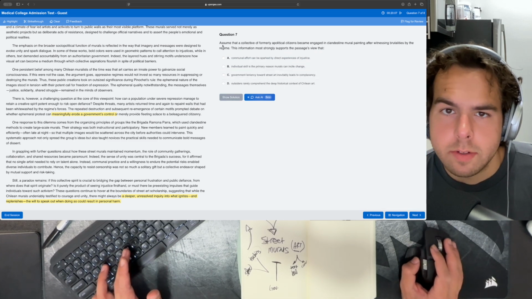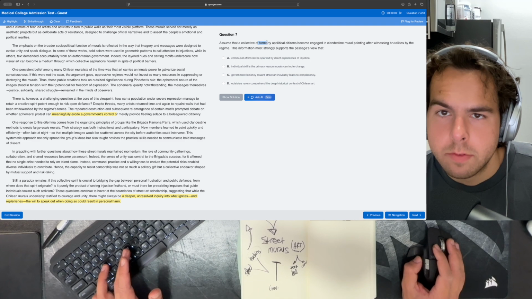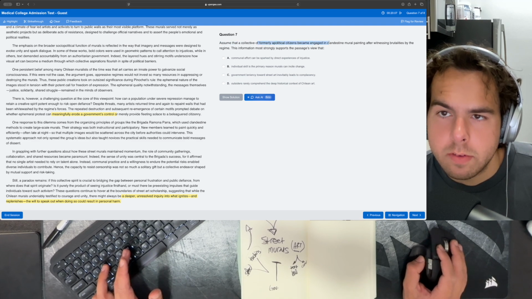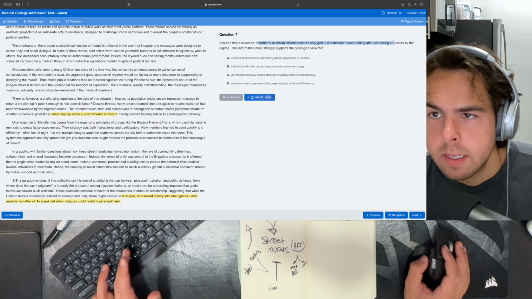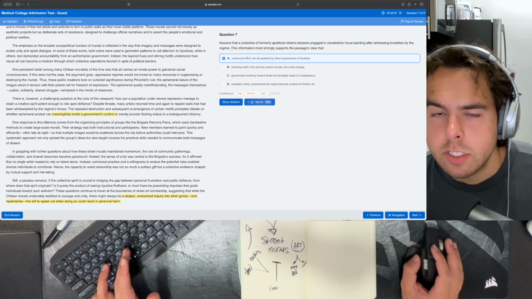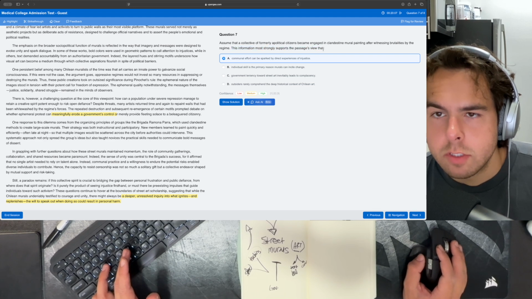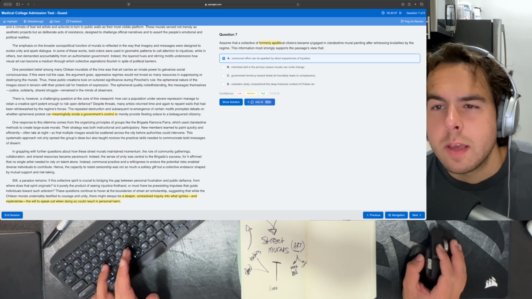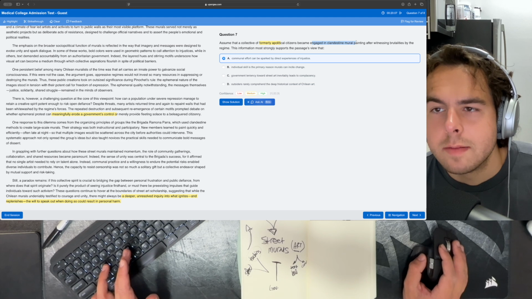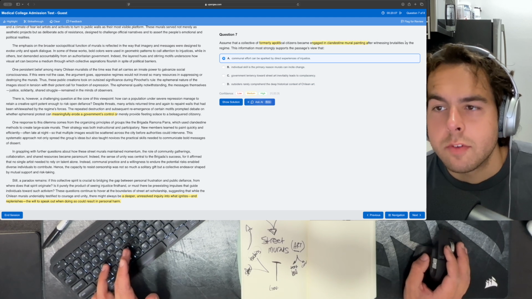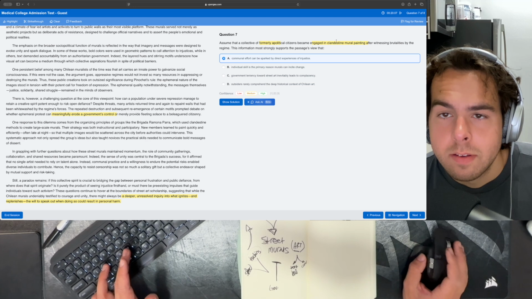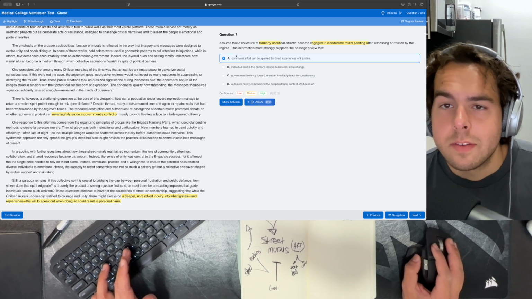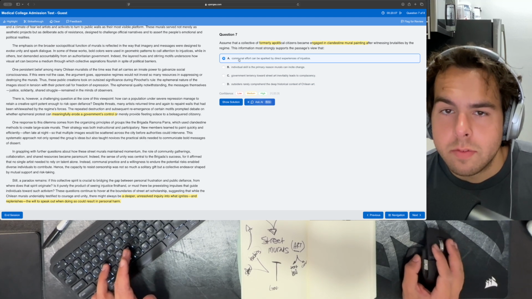All right, question 7. Assume that a collective of formerly apolitical citizens became engaged in clandestine mural painting after witnessing brutalities by the regime. This information most strongly supports that passage view. Okay, so if you were formerly apolitical and you became engaged in clandestine mural painting after witnessing brutalities, then this would support the passage view that